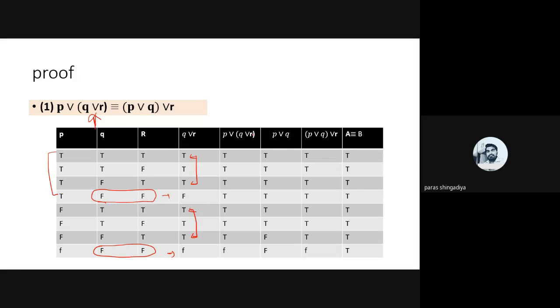And then after that P or (Q or R), so take P and compare the first column with the Q or R column. First identify the possibility where both places have the F value. That is T F F in the last row only, in the last row only both values are F. There exists F here, so it will be F, and in all the remaining places replace with T. Clear? We compare the second column and the first one.